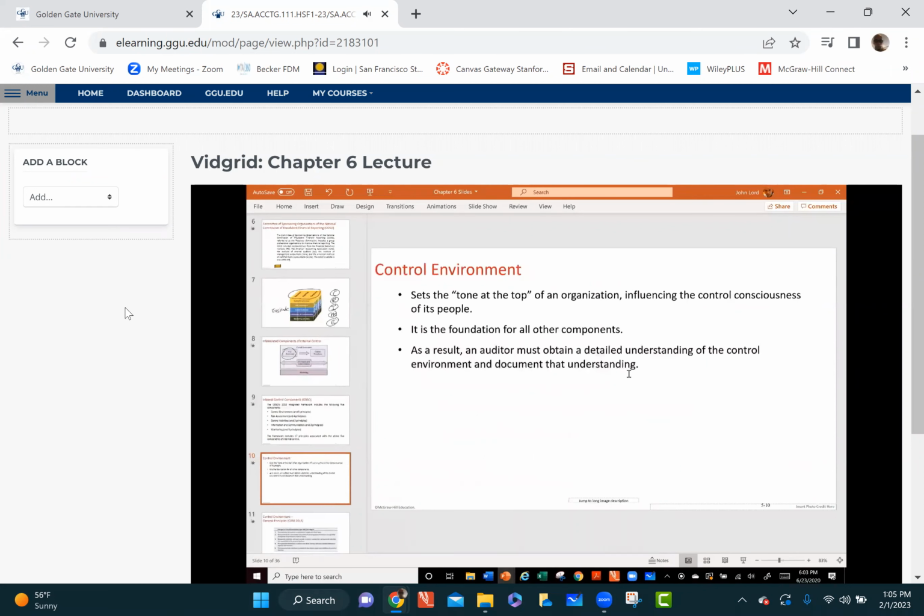So when we look at the control environment, as I said, it sets a tone at the top. You saw on that earlier slide, it kind of is pervasive over all the other components, okay? It includes making sure that the board of directors is going to be involved in the control environment. And of course, the auditor will obtain an understanding,